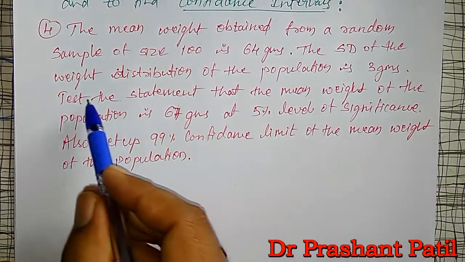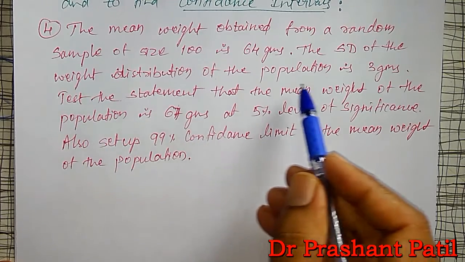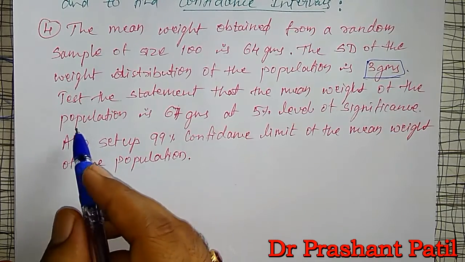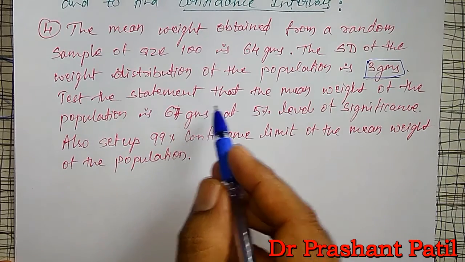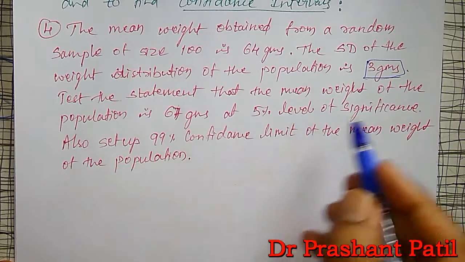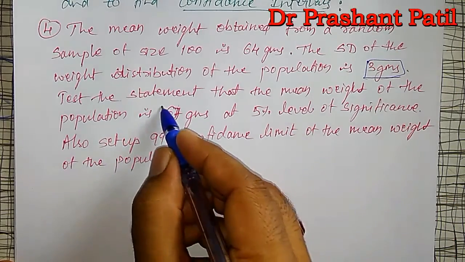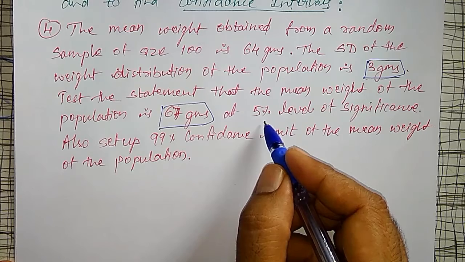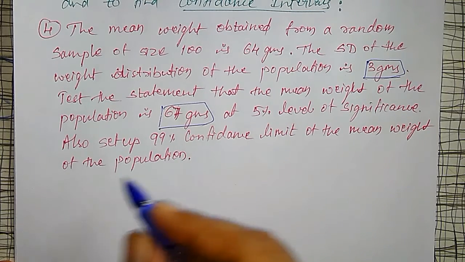The standard deviation of the weight distribution of the population is 3 grams. Test the statement that the mean weight of the population is 64 grams at 5% level of significance, and also